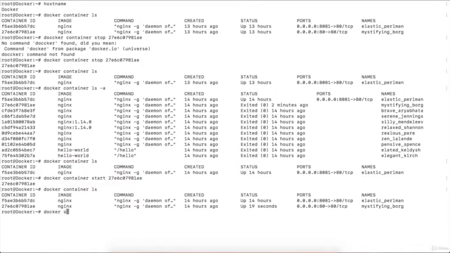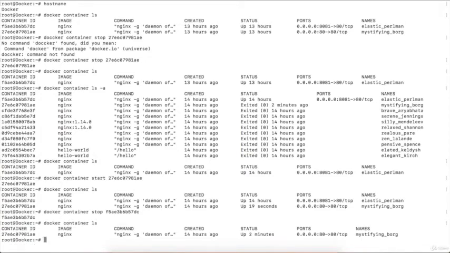So docker container stop, then the container ID, which is this, right? Container is down. Execute the command docker container ls, and you will see only one container is running, which is on port 80, right?